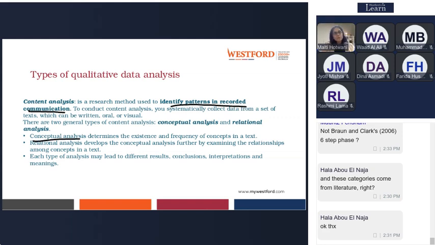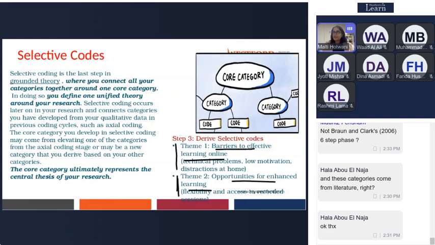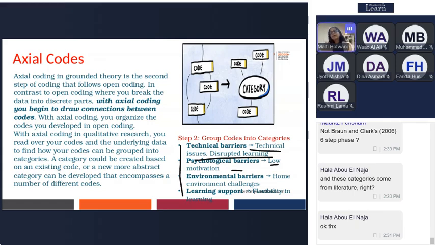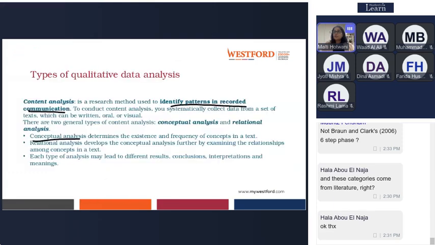In conceptual analysis, you are just determining the existence of words. So till here, till finding the group of categories, you are just finding the existing words. But when you move to the selective codes, you are developing a theory. So it's important to go ahead, not only look at the number of words, but come up with the outcomes. That's called relationship analysis.